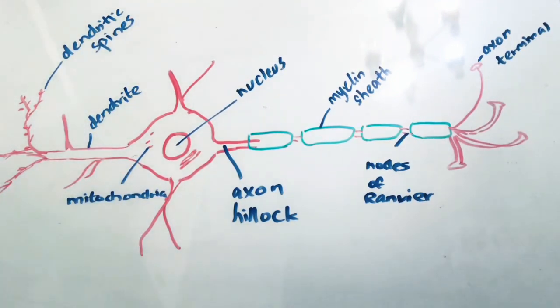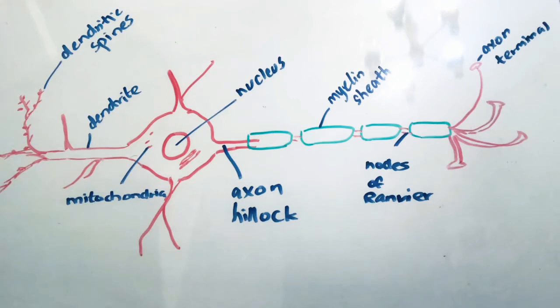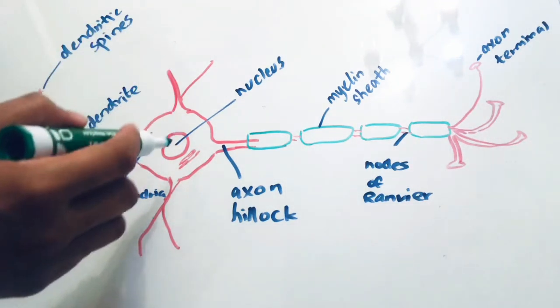So my very first video will be on the neuron's anatomy. The first thing we have to worry about is the structure of the neuron. Here I have drawn a neuron with all of its features labeled. At first we have the nucleus, which is in the middle,